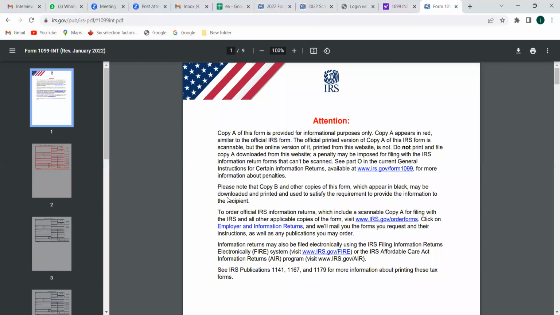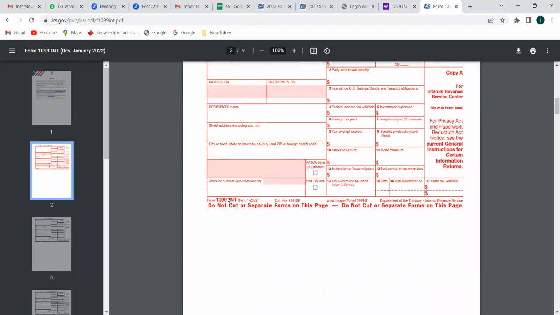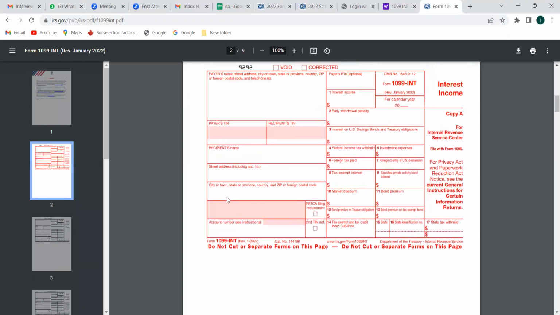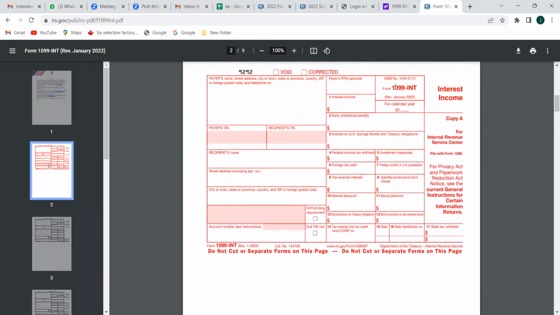That's it. We have discussed this as of now. So this is the source document which we had discussed, the 1099 INT. This 1099 INT document will be given mostly by the bankers, from where we are getting the interest. So the person who is giving the interest needs to give the source document 1099 INT. Here they need to enter these things.